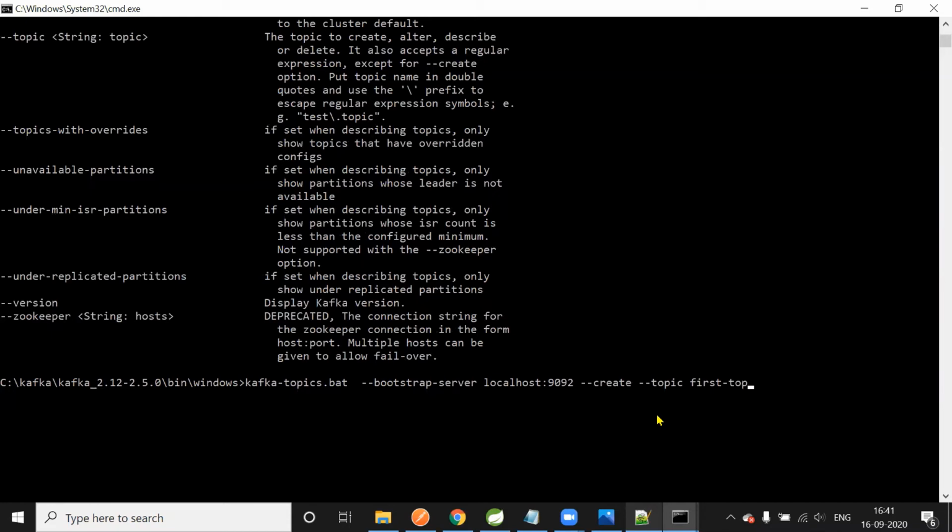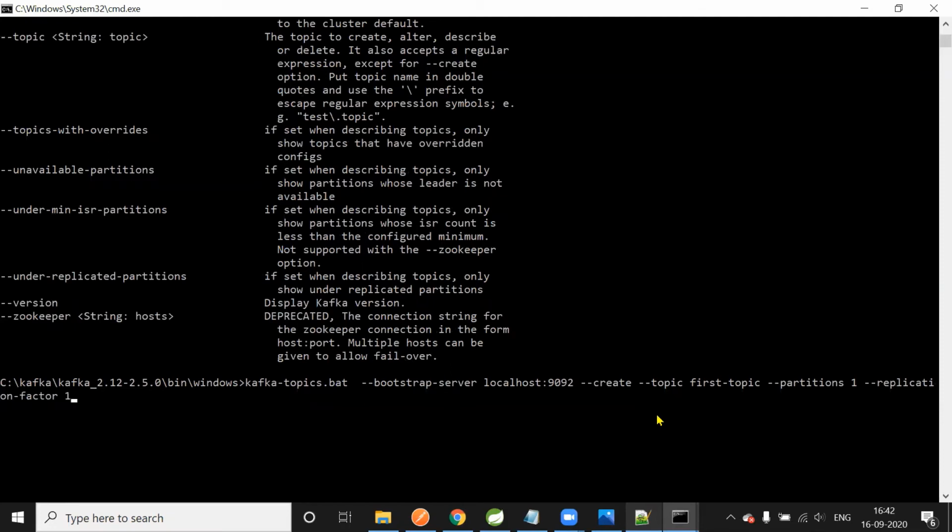Then we have to include the number of partitions. I'll say --partitions, right? Suppose I want to have 2 partitions, I can put 2, or for example 3 partitions. Even though we are running one broker, a topic can have any number of partitions. Only thing is, if you have multiple brokers, then each broker will act as a leader for some partitions and follower for others, so high availability is also provided, right? So let me start with partitions 1. Then there is the replication factor 1.